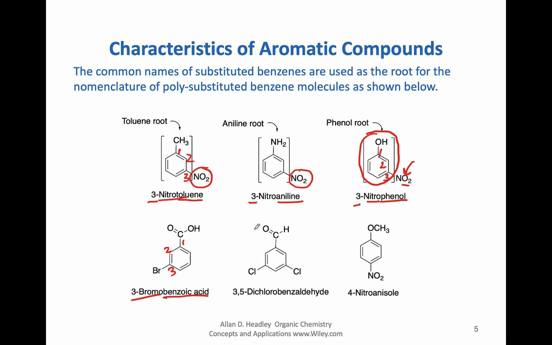This is the benzaldehyde. So here's the benzaldehyde portion that you should recognize. So this becomes 1, because that will now determine the name of the molecule. In this case, since it's symmetrical, you can go in either direction. So 1, 2, and 3, 4, and 5. So it's 3,5-dichlorobenzaldehyde. And lastly, we have here, this is the anisole portion of the molecule, and in position number 4, so